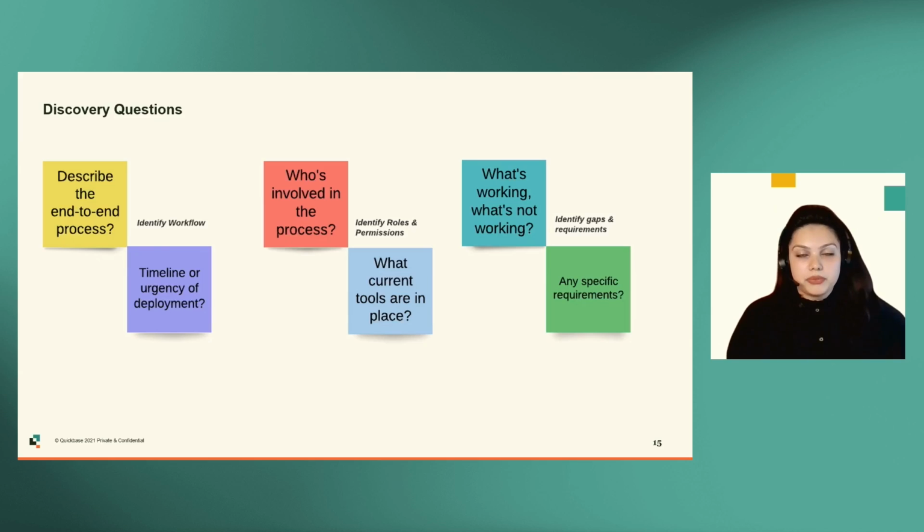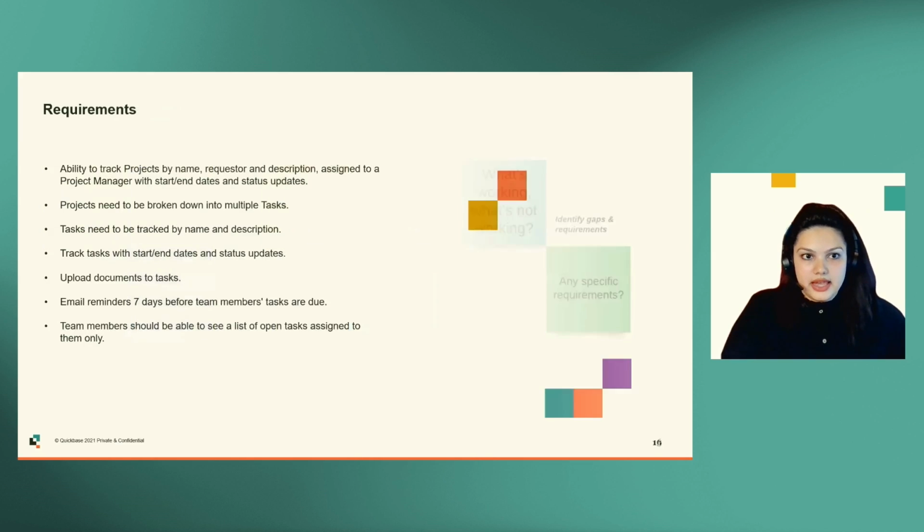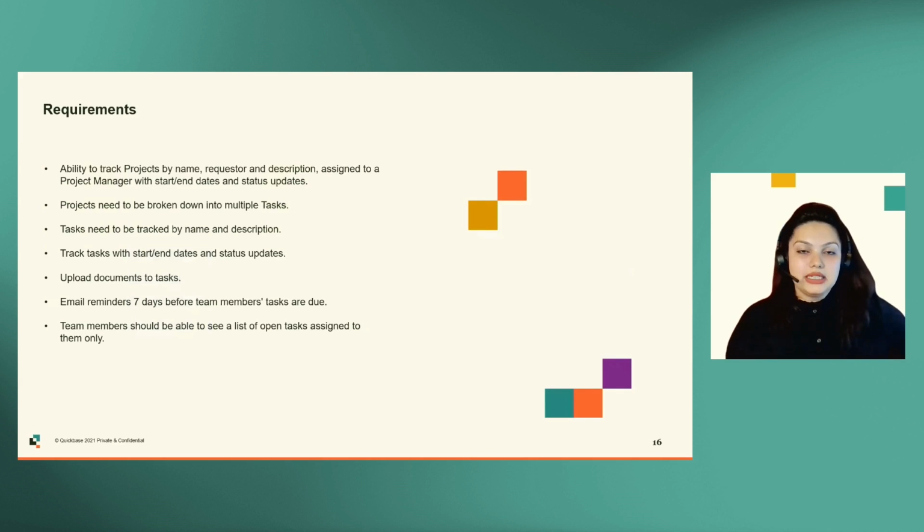So from our previous scenario, we did learn that this is time consuming. It's cumbersome to scale as more projects are being assigned to project managers. So these are things that are not working, and there's no custom visibility. So these kind of become requirements as well. And moving on to the next slide, we'll read a little bit of requirements that might come out of this